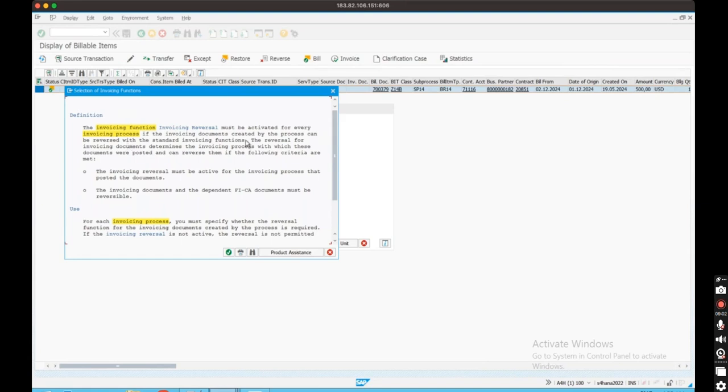The reversal for the invoice document determines invoicing process with which these documents are posted and reversed if the following criteria is met. Invoicing reversal must be effective for the invoicing process. Invoicing documents for dependent documents must be reversible. Okay, this actually, I don't know why it reversed. But if you unselect this one,